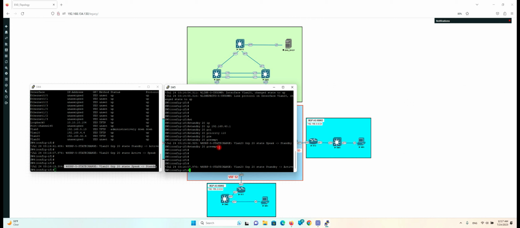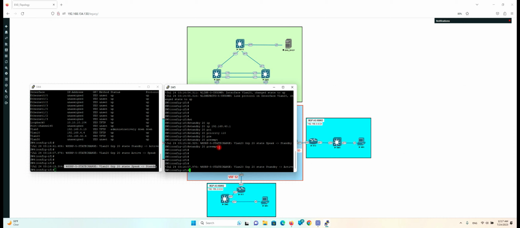GLBP provides some load balancing also, to design a complex network using GLBP to load balance the VLANs and traffic inside the switches. But for our network here, as we only have two switches and a simple design, we just use